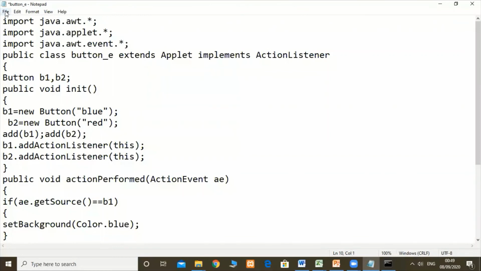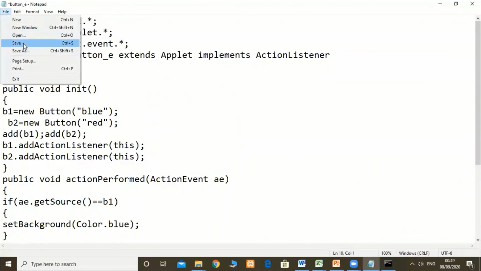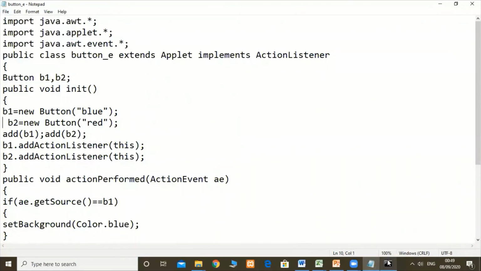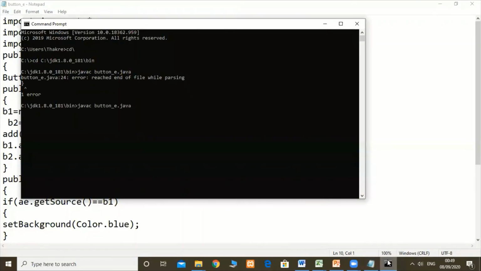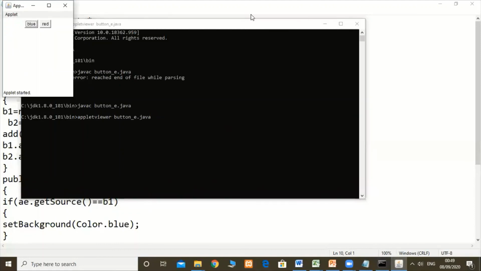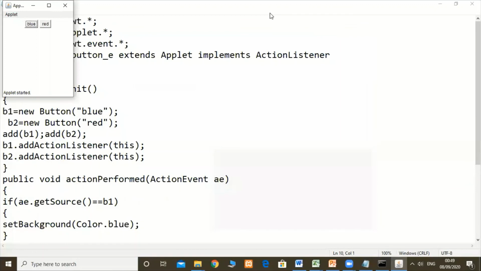Save this file and recompile again, and run this file. See, I got this output.